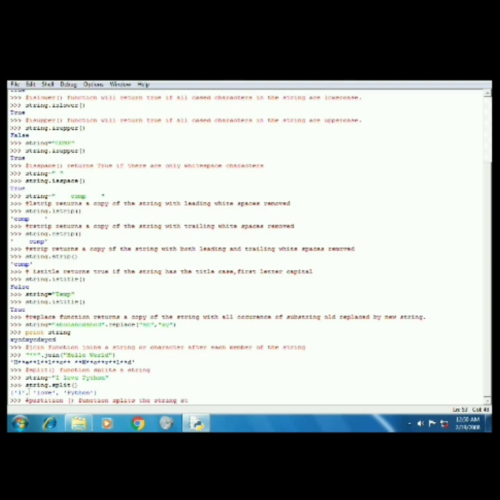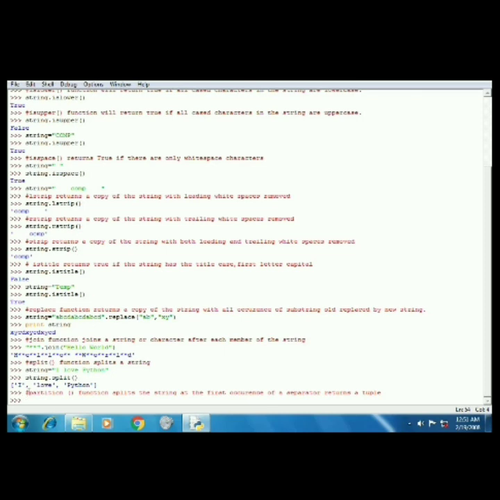Here in this example, string is equal to ABCD ABCD ABCD, and we want to replace AB with XY. Then we have to write string.replace(AB, XY). If we print string, it will give XYCD XYCD XYCD.